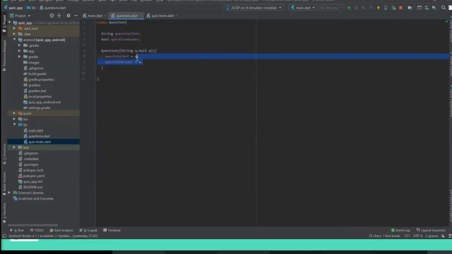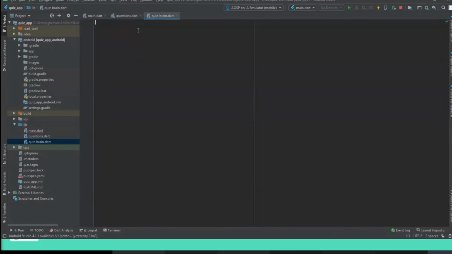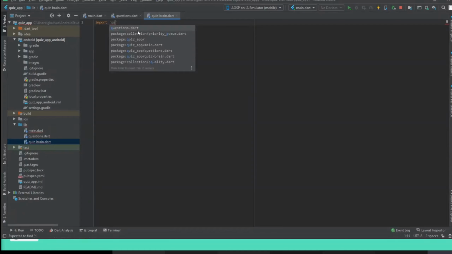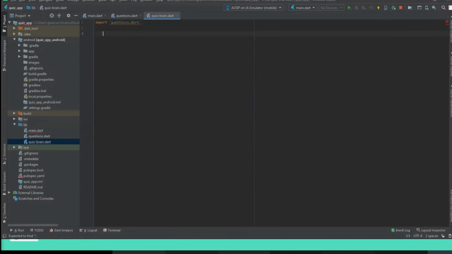This is how you construct the question, and the main function of this application lies inside this brain. So how are we going to implement this? We are importing this question starter dart into this brain, and we are going to apply the brain. This is the brain structure, right? So what are we going to do? We are going to create a class of quiz